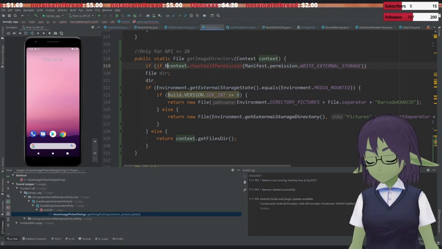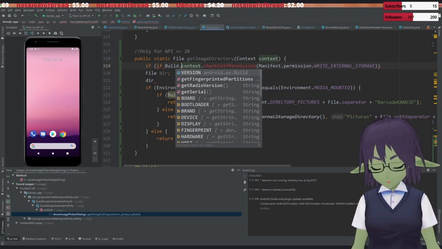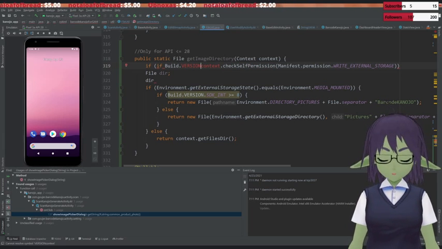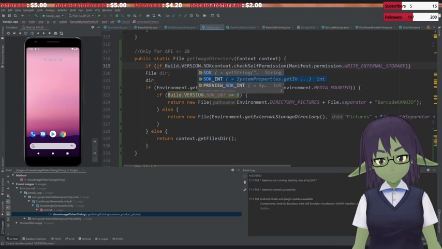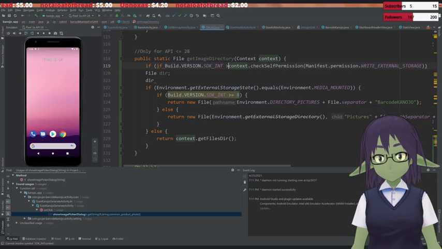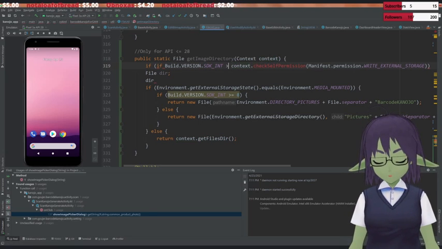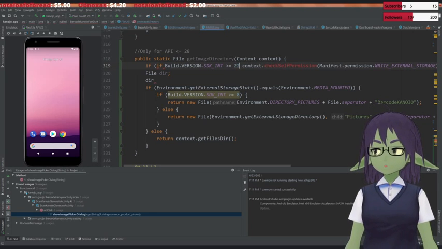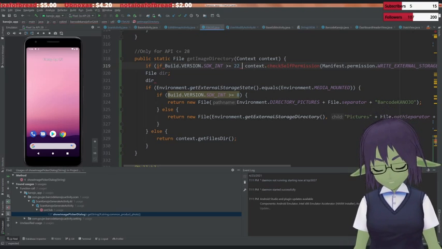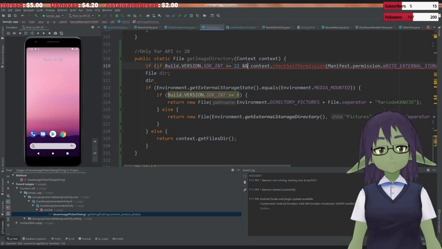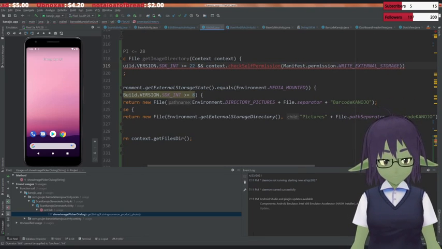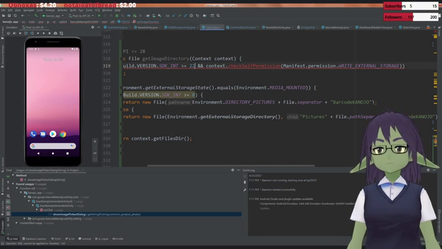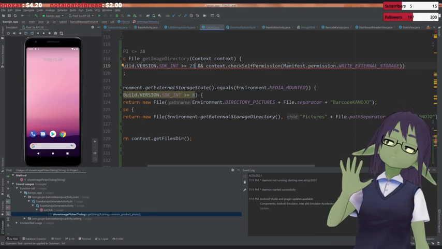if Build.VERSION.SDK_INT is greater than or equal to 22 and which 23